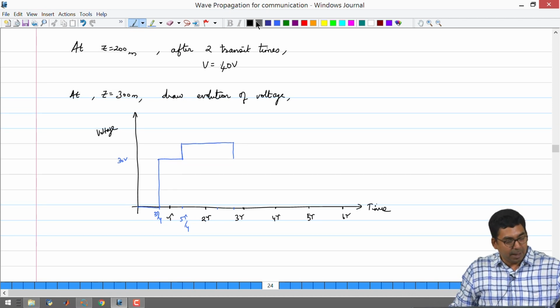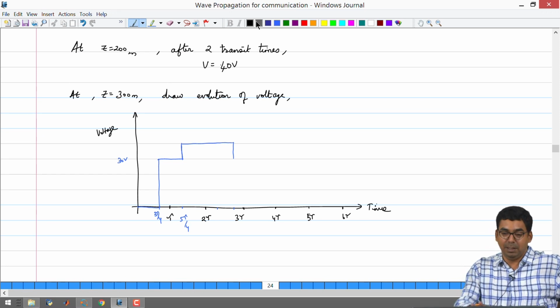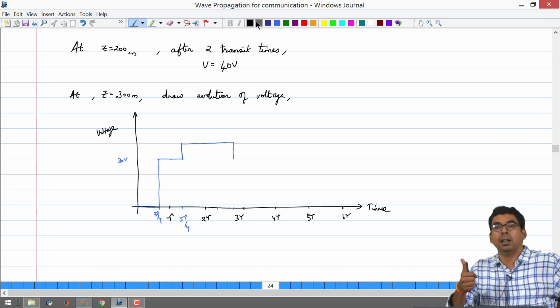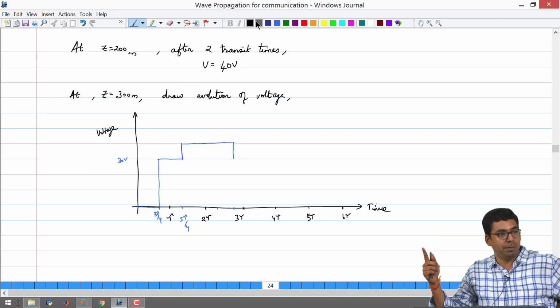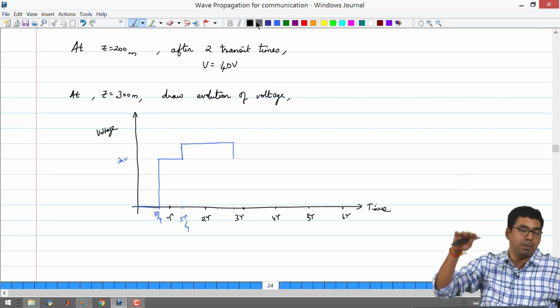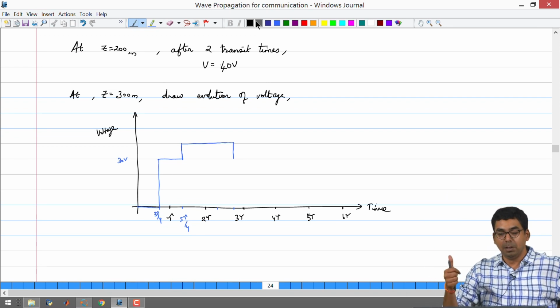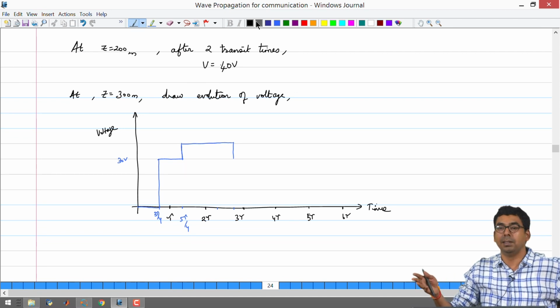Okay. So, I think at this point you should be very comfortable with dealing with these aspects of the transmission line. You should be able to calculate the transit time, characteristic resistance. If you know the source resistance and the load resistance, you should be able to calculate the reflection coefficients. You should be able to tell whether the voltage is going to have a positive sign or a negative sign going from one side to another side. You should be able to draw the time evolution of voltage in a transmission line, and you should be able to do some basic simulation to validate for these ideal cases.